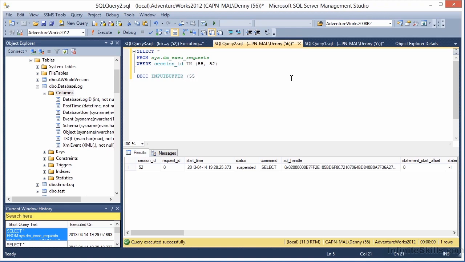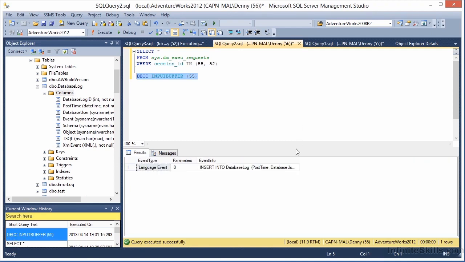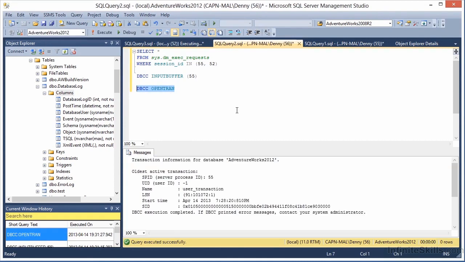and specify that I want to see what's going on for session 55, because this is the session that's doing the blocking. I can see in the event info the command that I'm running. I'm doing an insert. Now I can then use DBCC OPENTRAN to give me some information about the longest running session, which in this case is session 55. I can see that it's a user session, I can see who started it, and I can see that it's simply just sitting there